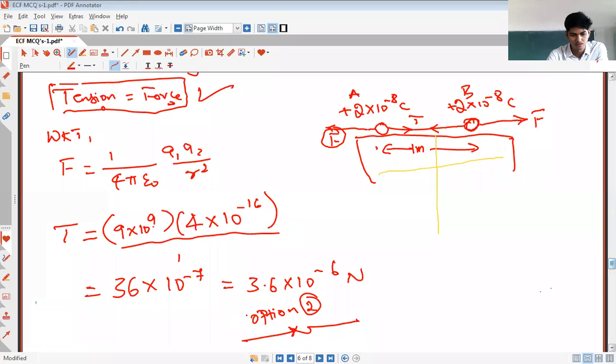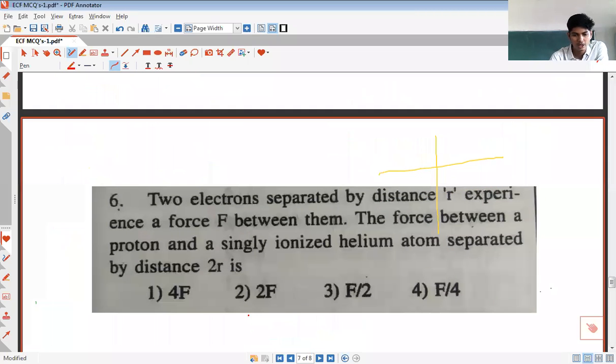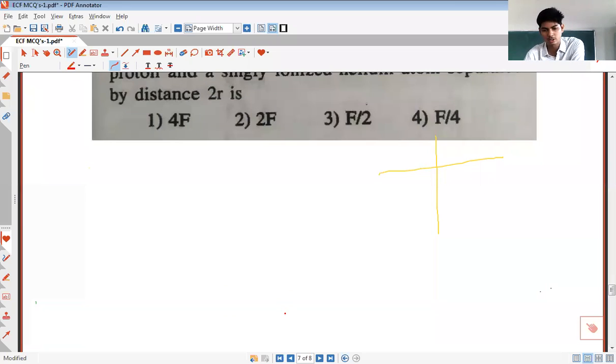For the next problem: two electrons separated by distance r experience a force F between them. The force between a proton and a singly ionized helium atom separated by distance 2r is... What they have given is that there are two electrons. Let us suppose these are the two electrons. They are separated by a distance r. When they are separated by a distance r, the force between them is